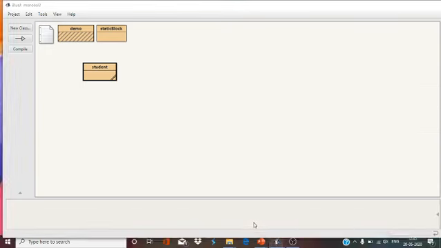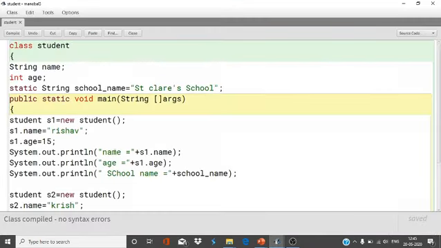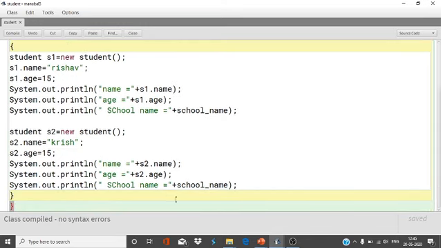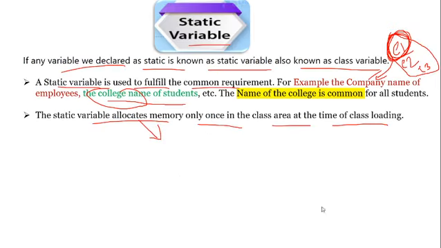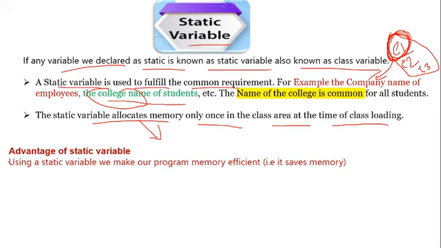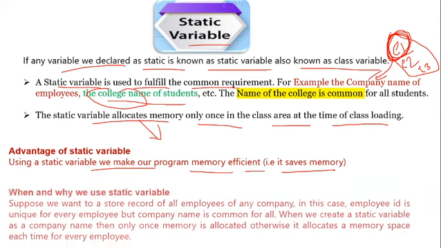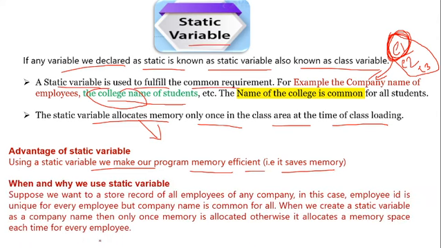How to declare a static variable? I hope it is clear to all of you. And what is the use of it? Now, a few more points on the advantages of static variables. Using a static variable we can make our program memory efficient. It saves memory. Suppose there are 1,000 students in our school, so for the different name, age or roll number we have to create memory locations separately. Take another example: storing the records of all employees of a company.